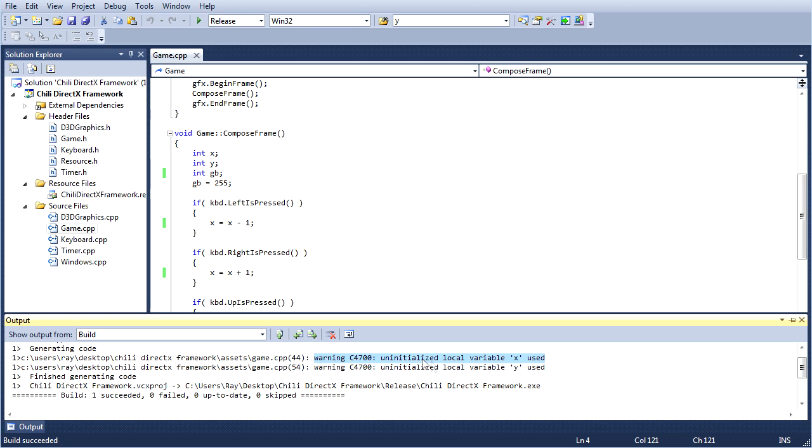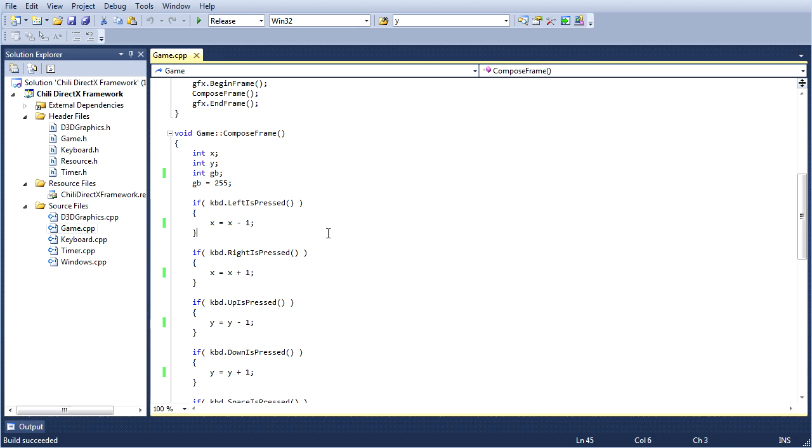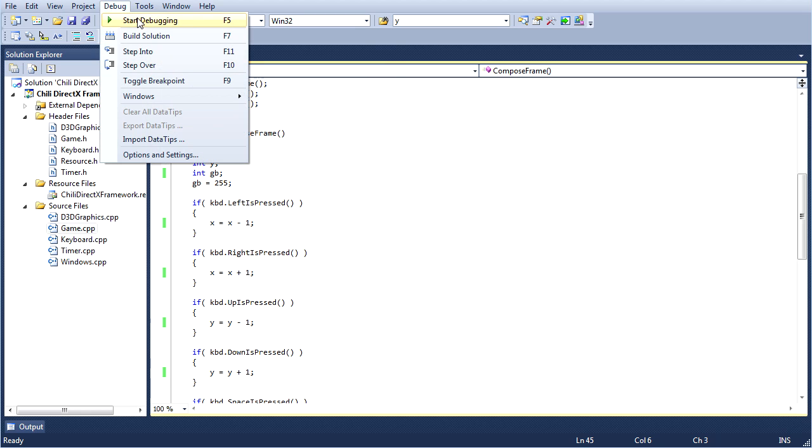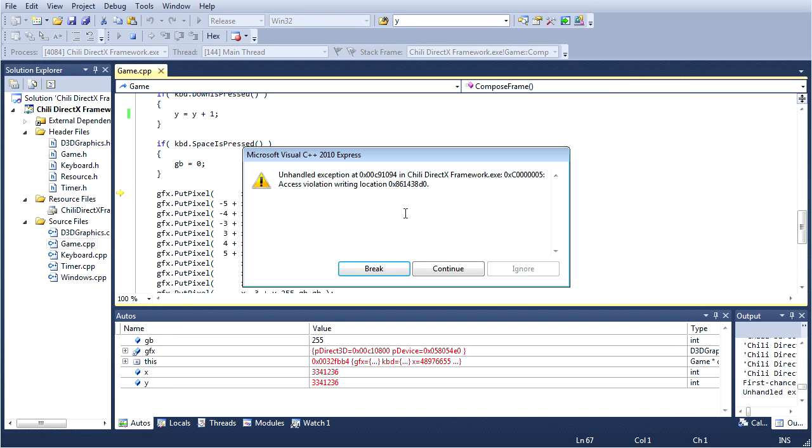And yeah, it's a good question. Why are we using uninitialized local variables? Or why can't we use them? What's the matter with using an uninitialized variable? What could possibly go wrong? Unhandled exception. That's usually not a good idea. That's bad news bears. So what went wrong here?